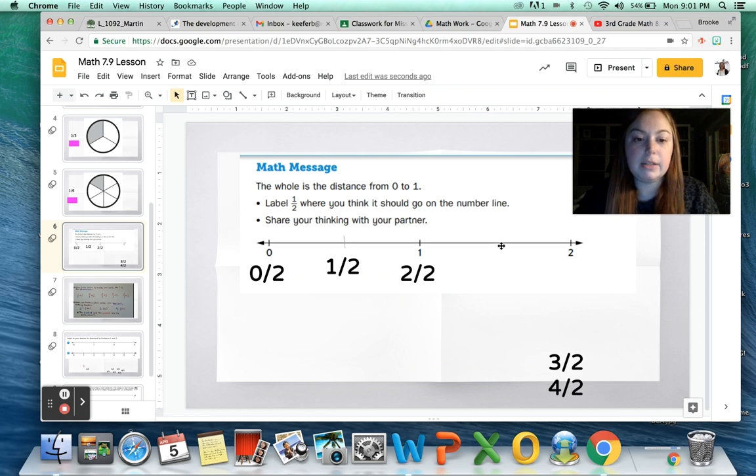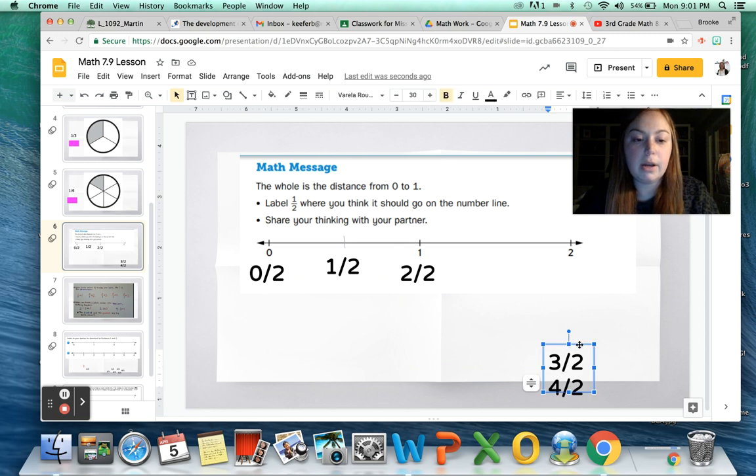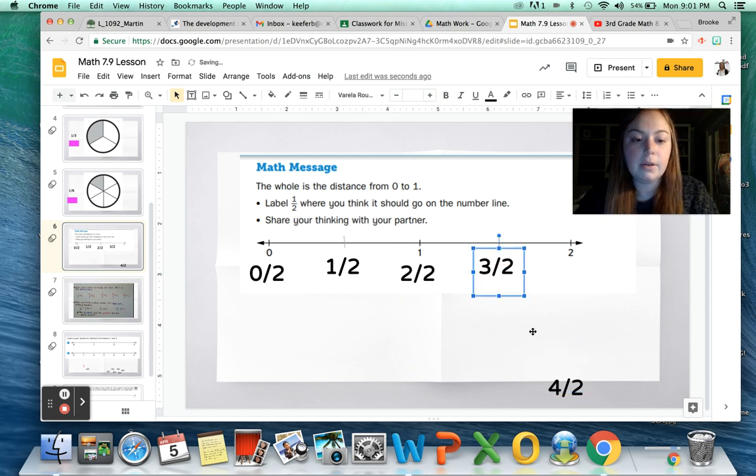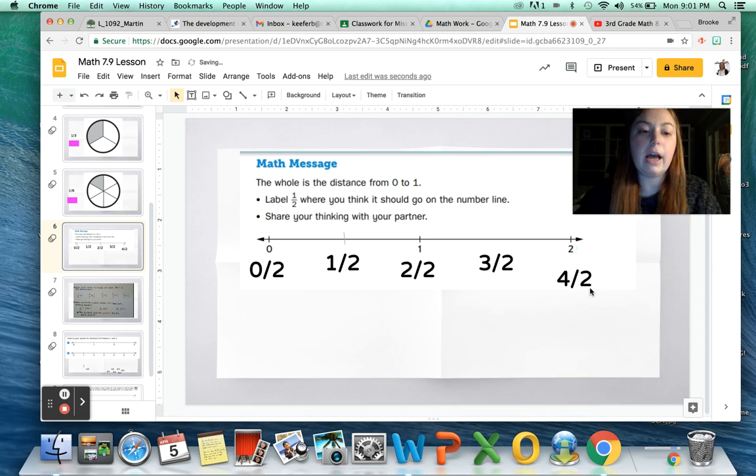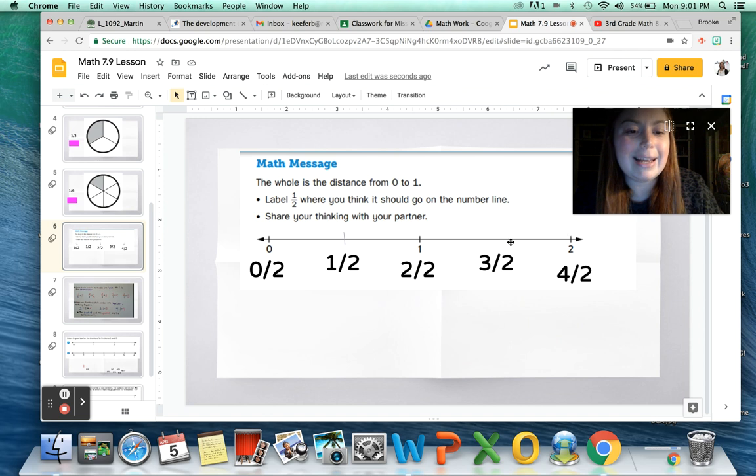Then we have to do our second halfway mark between 1 and 2. So this one would be 3 halves, and then our last one would be 4 halves. So when we look at our number line, 4 halves or 4 over 2 is equivalent or equal to 2 wholes, 2 whole fractions. But look here, the halfway point between 1 and 2 is listed as 3 halves because